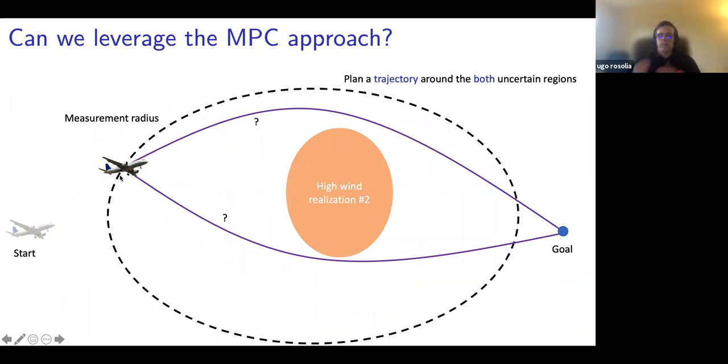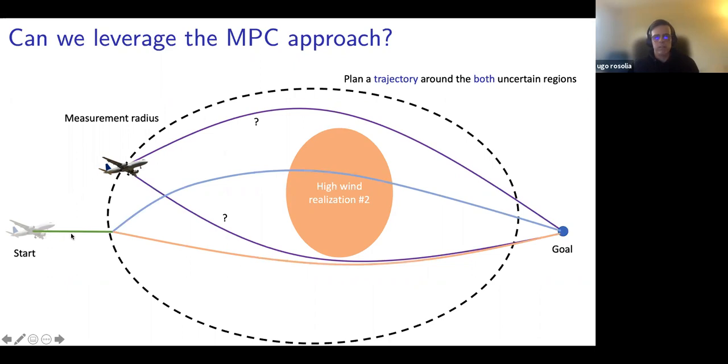Because we already executed part of our first plan, we drove ourselves to a point where optimality is lost. So the right thing to do was to plan a policy from the beginning, so that we would have been in a more favorable position when we get feedback from the environment. And here I would like to stop for a second to see if there are any questions about this strategy,